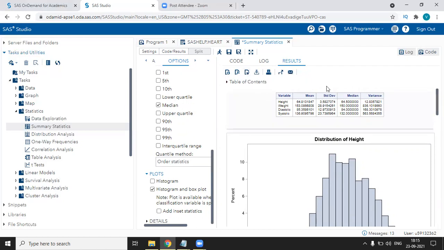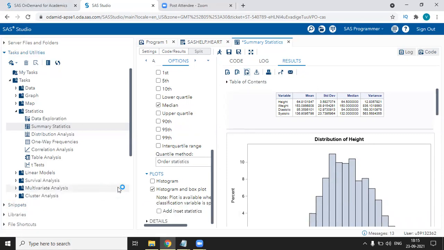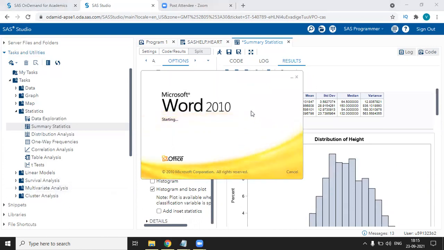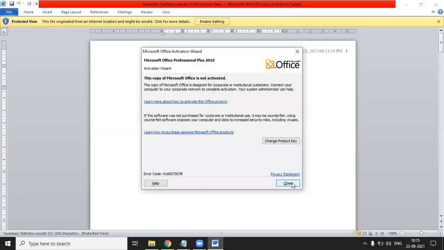If you want to download all this output result in a Word file as it is, you just have to click on this Word file. When you click on it, you can see the Word file is stored in your system. You can open this and see how it looks. Similarly, the same way it will show in this Word file.